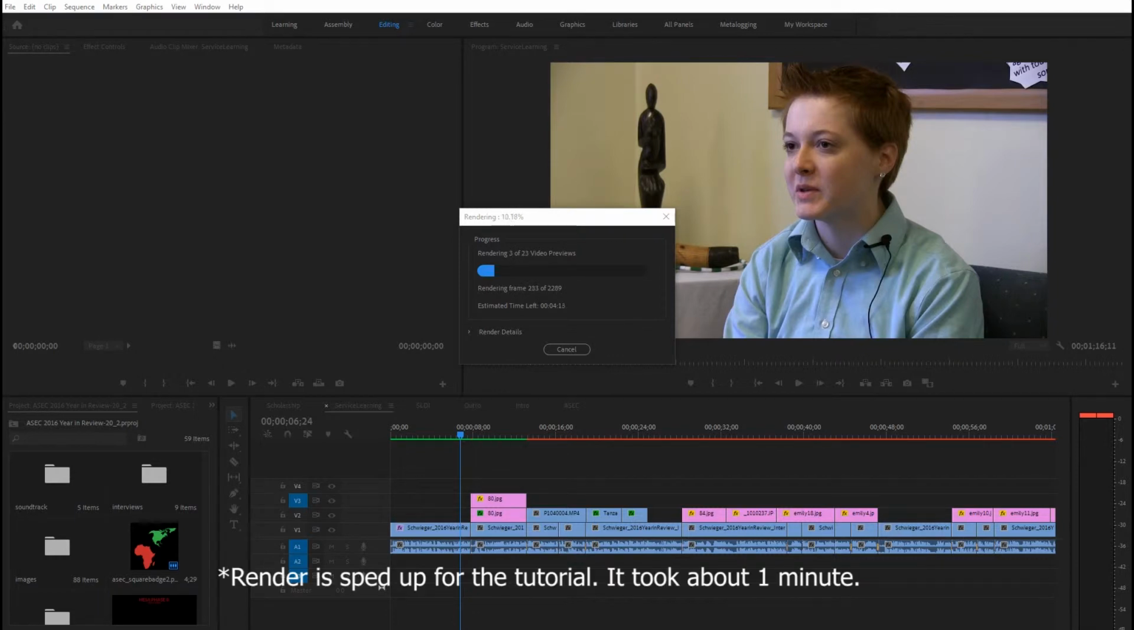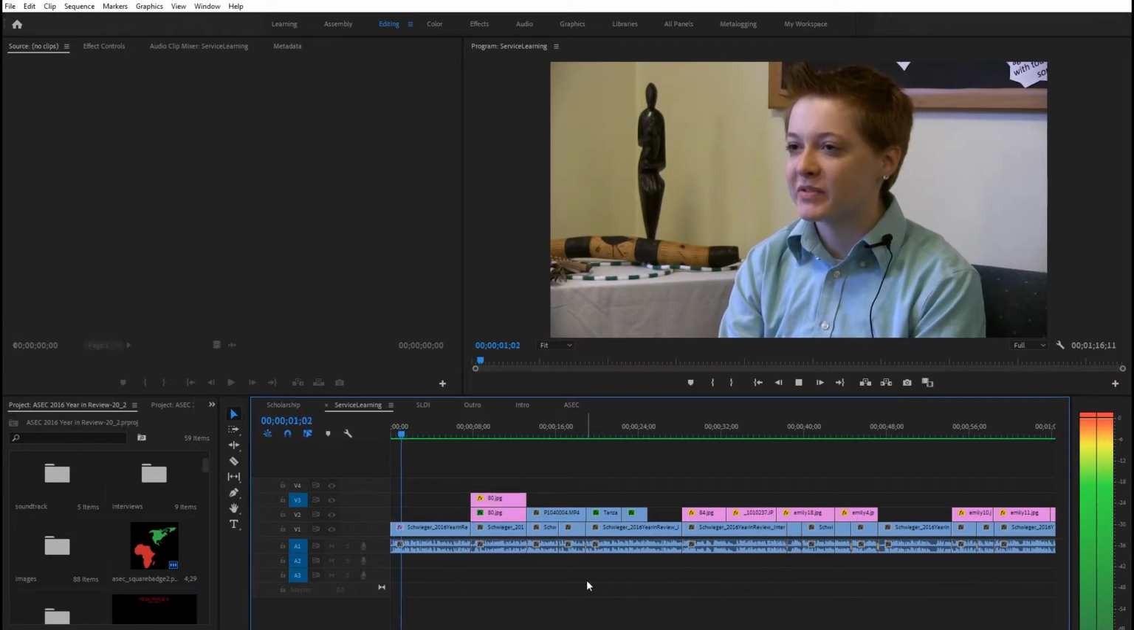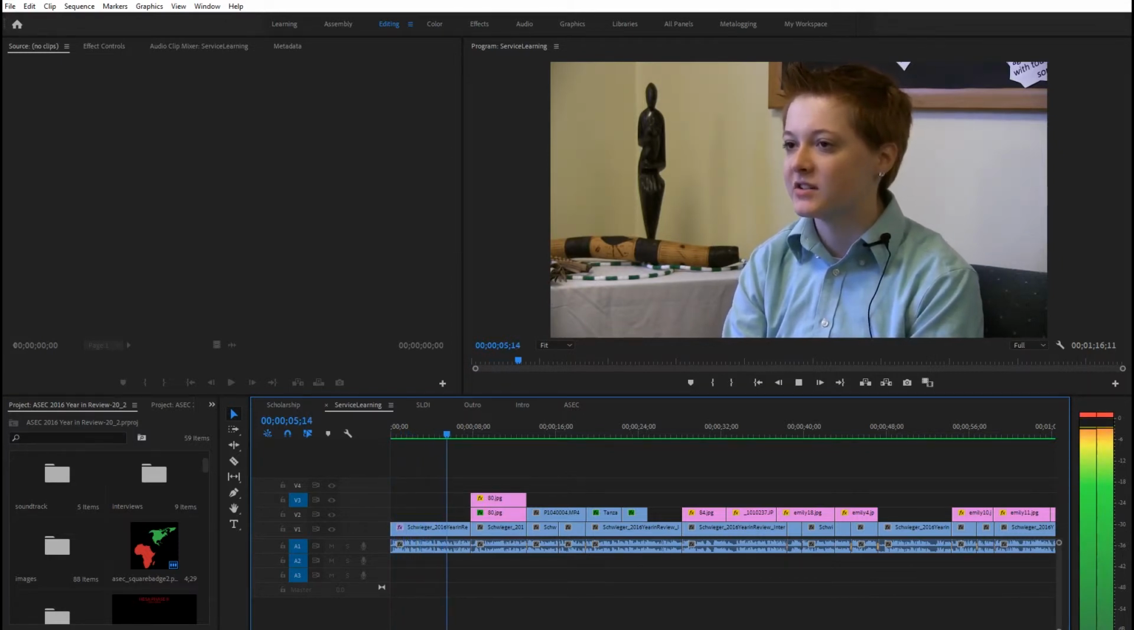So depending on your RAM and your machine and how complex your sequence is, how many transitions are in it, the rendering time will vary. I think it's still faster than exporting, that way I can keep working on my project. Okay, so my red render bar has turned green, and now it automatically plays my sequence all the way through